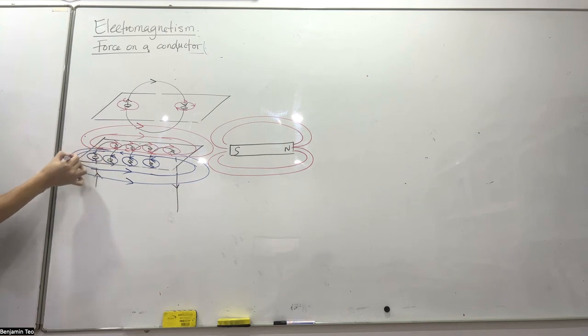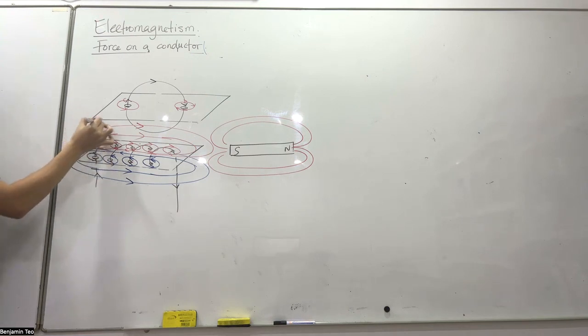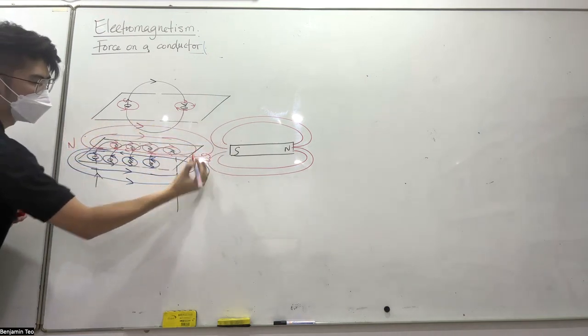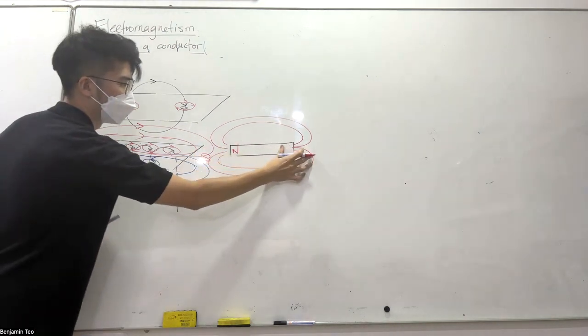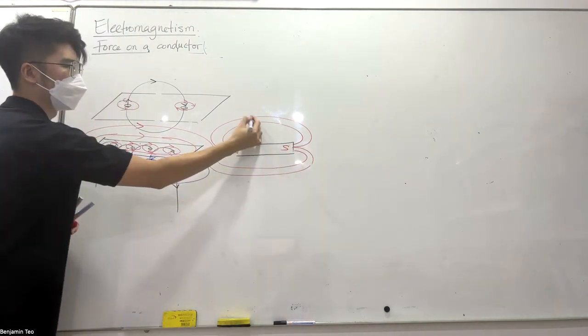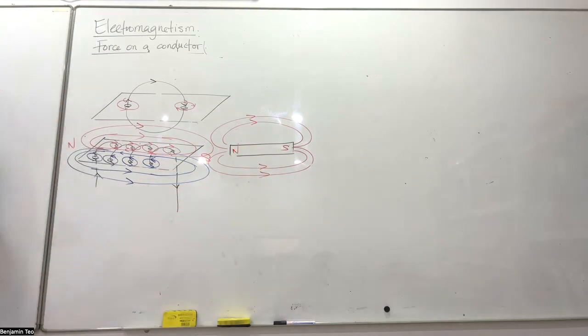So that means 那个 line 是从这边出来去这边，也就是说这里是 north，从这边出来去这边，这个是 south，对吗？